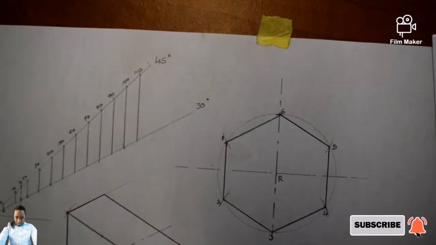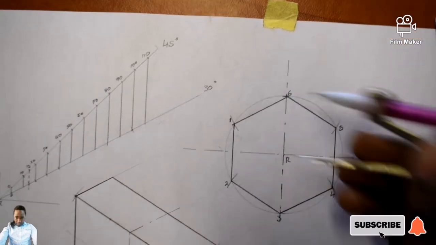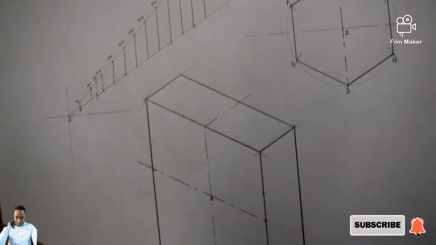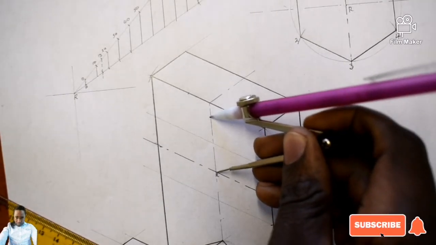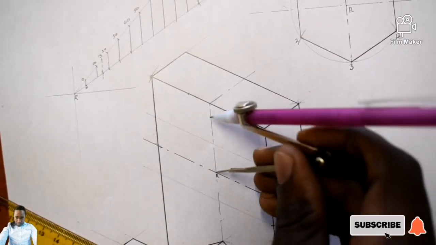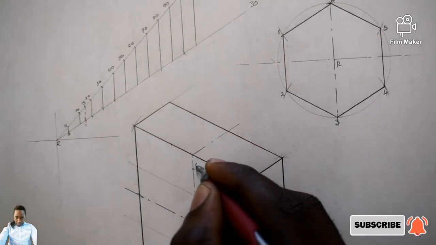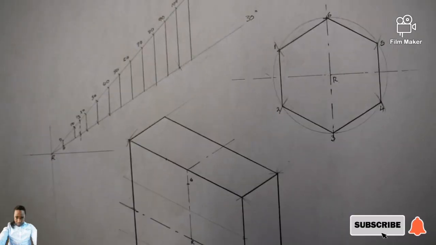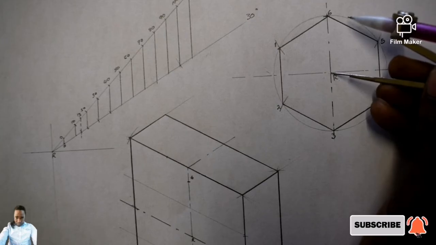You understand? I can simply put it in my R, further extend to 0.6. And the distance of R6 has to be the same as R3, isn't it? So now I come to my drawing and place it here and mark here and mark down here. So which means this is my 0.6, this is my 0.3. You understand? Then from there I place it at point R again, thereby my auxiliary view, further extend to this line,